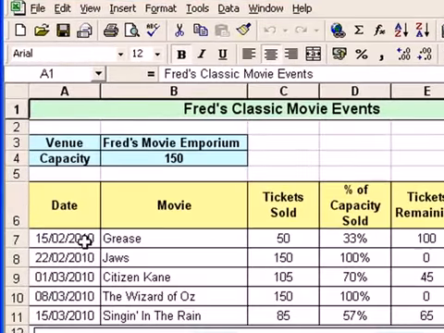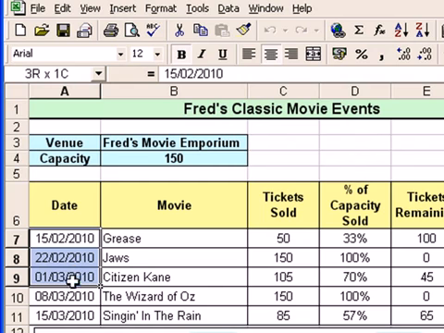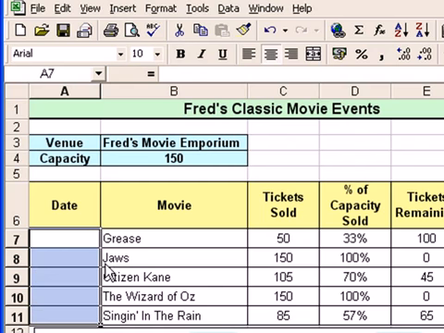As you'll see, we have a list of dates here for these movies, and you'll notice that all the dates are 2010, and what I'd like to do here is very simply change them to 2011 dates. So I'm going to select all those and hit the delete key, get rid of those. Okay, so the first film I'm going to have, let's say on the 1st of May. So I'm going to simply type